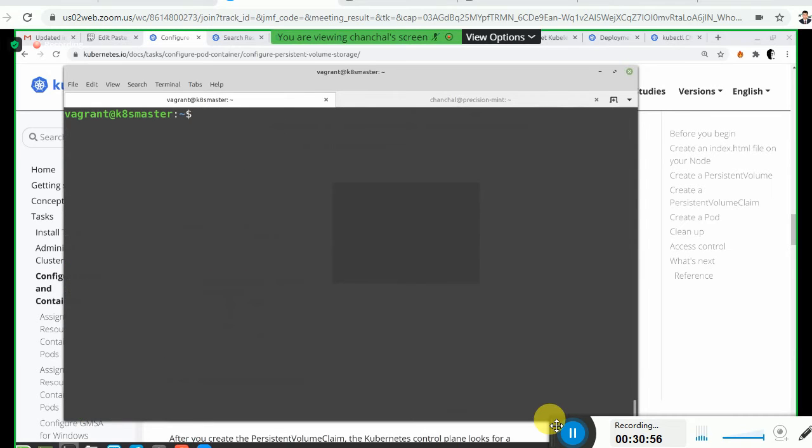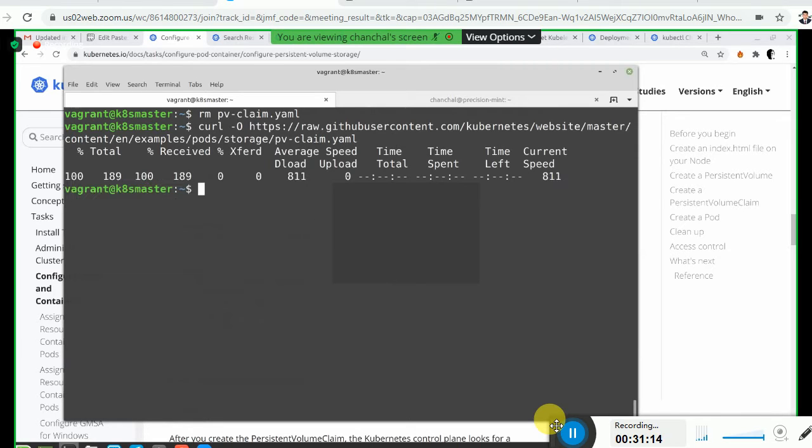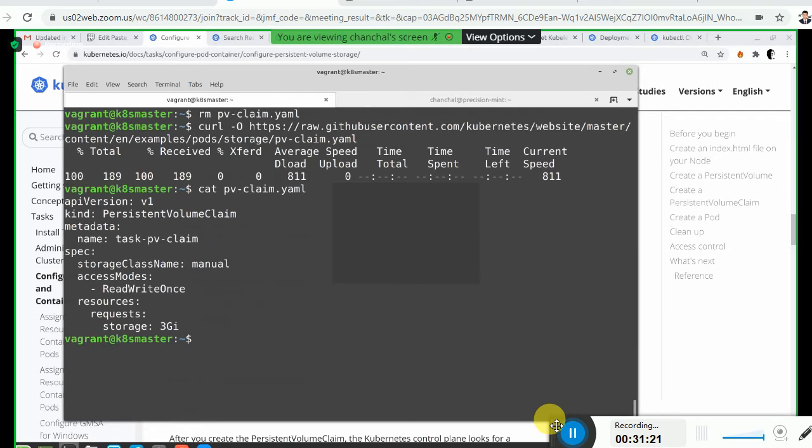If curl is available, I'm going to delete this. We are going to do a curl with minus capital O and then the address. Okay, so cat pv-claim.yaml. Great, our claim has come, but this has to be modified in terms of the question.